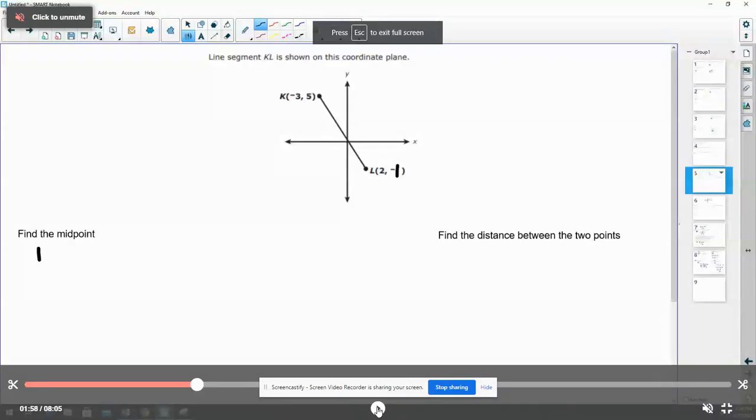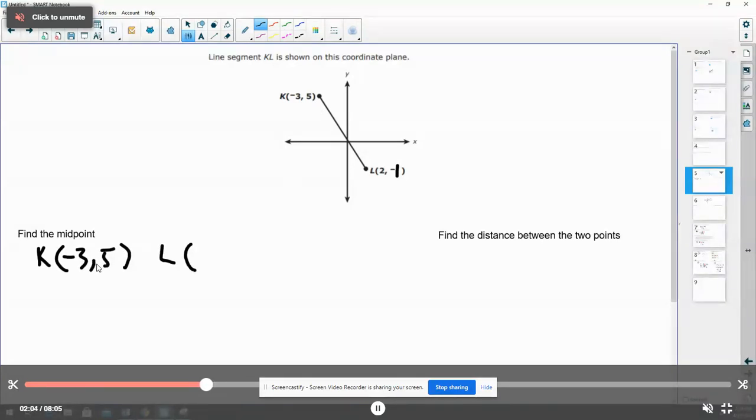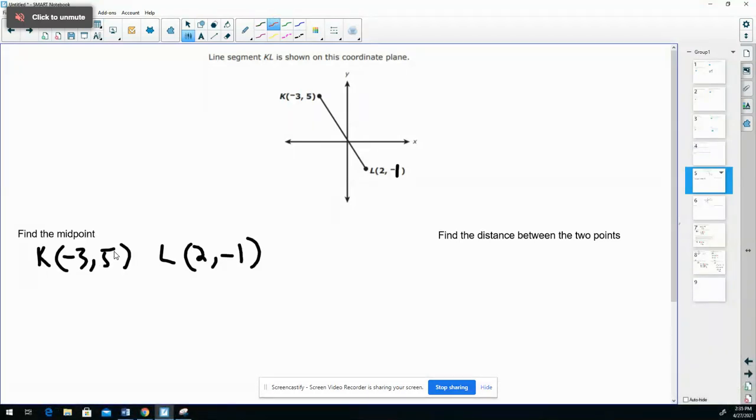Hello everyone, so today we're going to be finding the midpoint and distance between 2 points on the coordinate plane. So here I'm just rewriting the points down. We have K is (-3, 5), L is (2, -1),